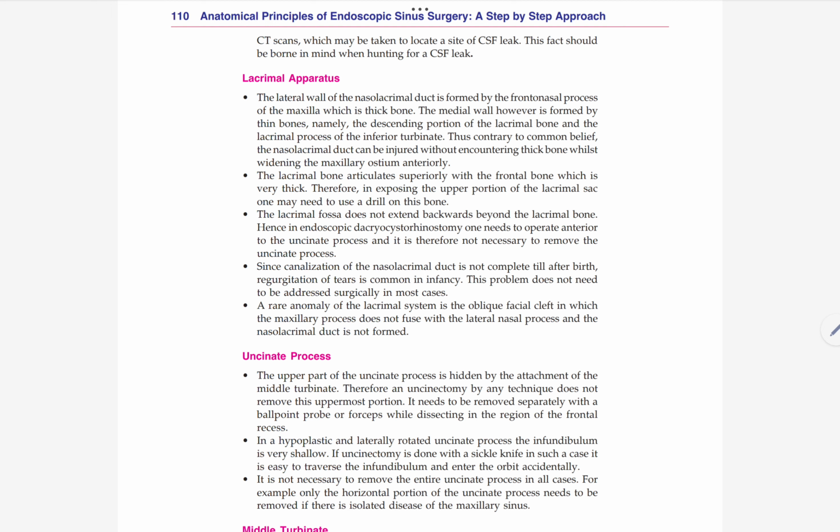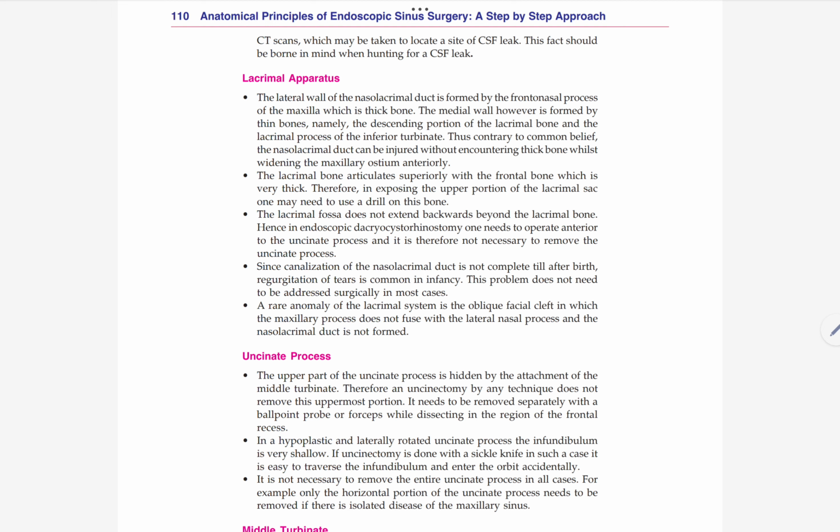The lacrimal bone articulates superiorly with the frontal bone, which is very thick. Therefore, in exposing the upper portion of the lacrimal sac, one may need to use a drill on this bone. The lacrimal fossa does not extend backwards beyond the lacrimal bone. Hence, in endoscopic dacryocystorhinostomy, one needs to operate anterior to the uncinate process, and it is therefore not necessary to